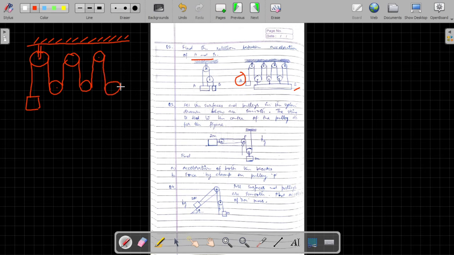So 3 pulleys we have completed with the bottom, and the 4th pulley is connected to the ceiling, which we have drawn here, and the string terminates at the pulley at the block B. So we have drawn up till that point. All the pulleys at the bottom are clamped to the bottom block. That block is named B, and the string itself is tied to this block.